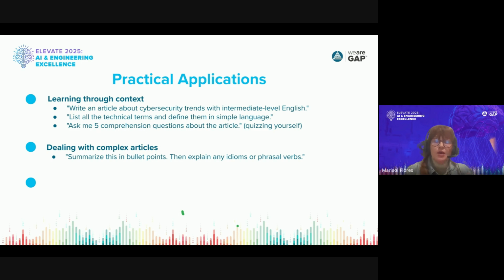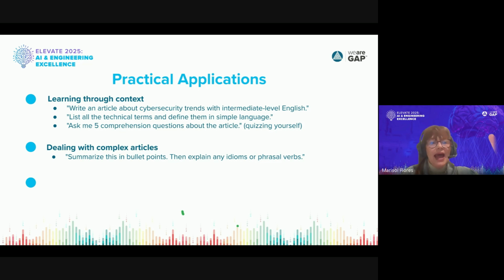Remember, idioms are those expressions that really have a very different meaning from the words themselves, and phrasal verbs are the ones that have a verb and then a preposition, like show up. He didn't show up for the meeting, right? Again, sometimes we don't understand those terms and they are mostly used in spoken English. That's why we need to ask for this help from AI tools.